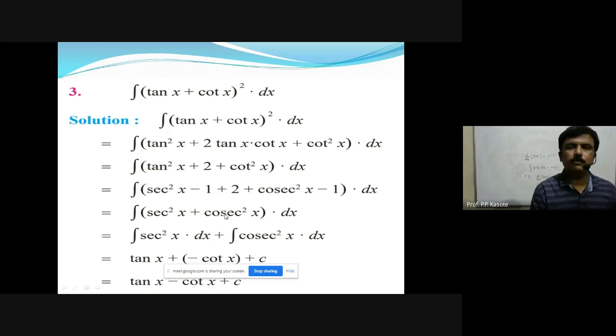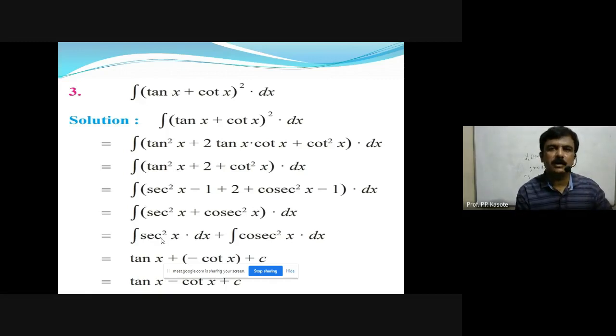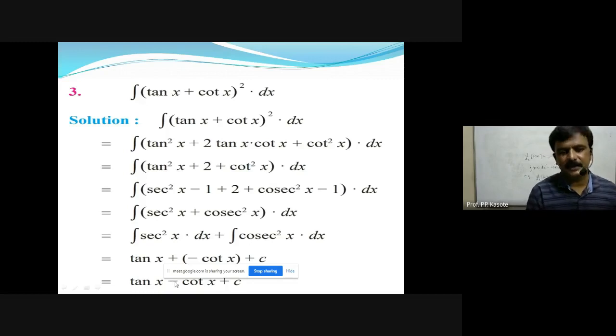We know the integral of cosec square x as per the rule. Now let us evaluate their integral separately. That is, integral of sec square x plus integral of cosec square x. We have standard formula, standard results of these two. So integral of sec square x is tan x, plus integral of cosec square x is minus cot x plus c. And the final answer will just write capital I is equals to tan x minus cot x plus c.